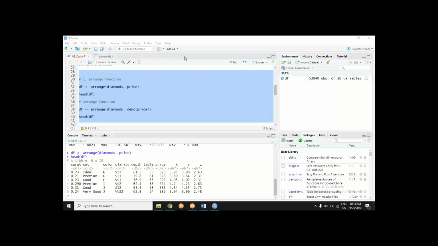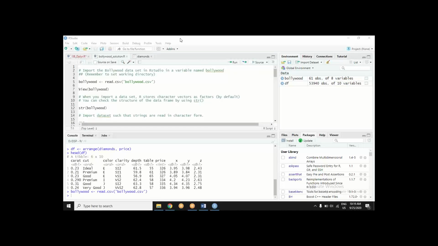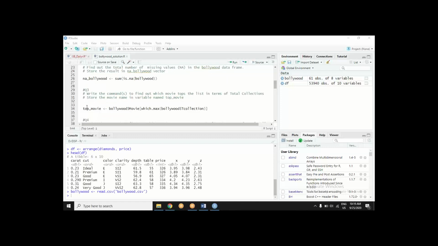You may ask me about any practicality of this. Can you think of some practicality of this? Remember your Bollywood dataset? When you were asked to find the top movie, well, very simple.